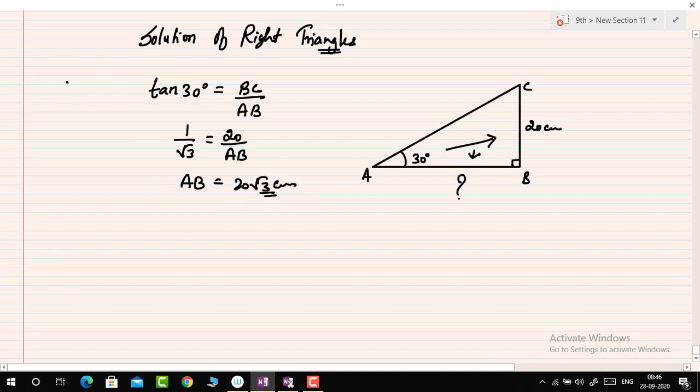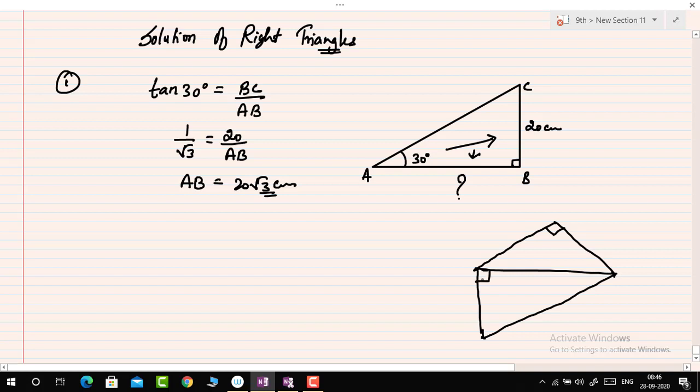Similarly, in the next example, again there is a right angle triangle. The triangle is this way. Here it is 90 and there is another triangle which is made this way. This is again 90. So this is 5, this is x degree, this is 10, here it is y degree, and here it is 10. So now first of all we need to find the value of x and y.